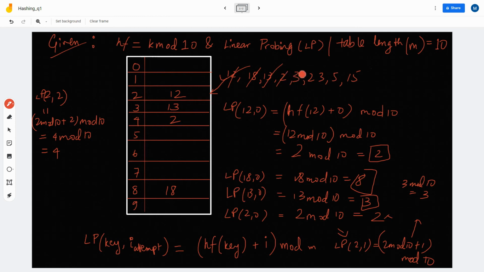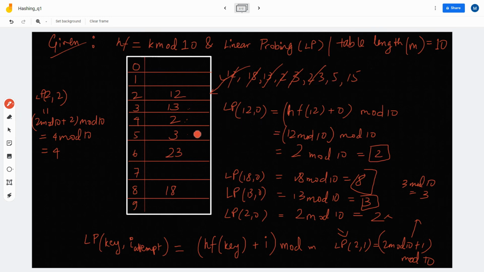Now you can figure it out: when I take 3 and 3 is occupied, then we add 1, then 4 is occupied, then we add another one. So here 3 will come, and then again we repeat it for 23. For 23 the first attempt, 3 will be the remainder, then this slot is already occupied, 4 is occupied, 5 is occupied. We add 1 in every step of linear probing. So linear probing is very secure. No index is missed out, nothing is left out. So for 23, 3 is occupied, 4 is occupied, 5 is occupied, and in 6 it will be placed here. Okay, so 23 is done.